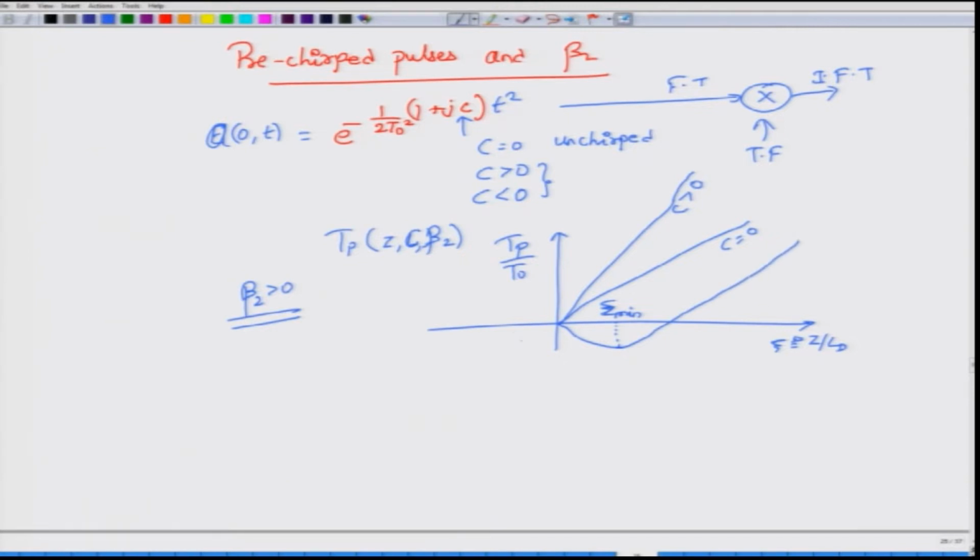What it means is that if you had a pulse with a certain width here, in some proportion to T0, the pulse width here is actually smaller. So, this T0 prime which I have written is actually smaller, and the pulse amplitude also would have increased, because in a lossless system the product of the pulse width and the pulse height has to be constant, so that the total energy is always conserved. So, as the pulse broadens, the amplitude drops, but as the pulse compresses, the amplitude increases.